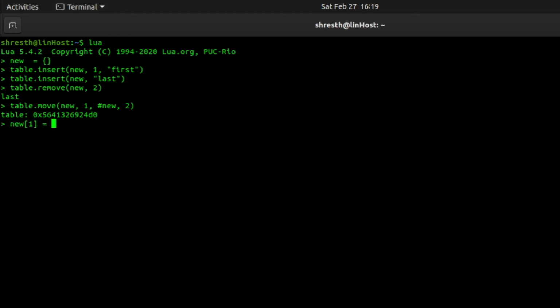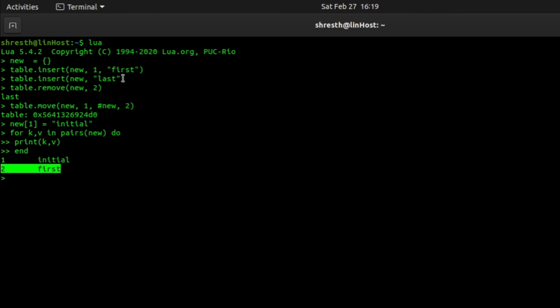Now what I will do is place the new entry at the first position. Let's say, initial. Now if I iterate this table, you will see the effect of what I have done. You see, initial is inserted at the first, and then we have the second element, first.